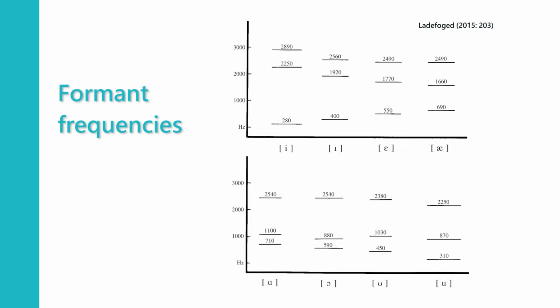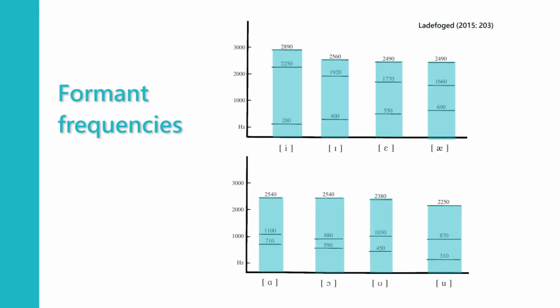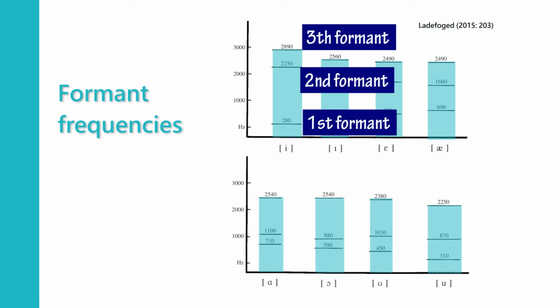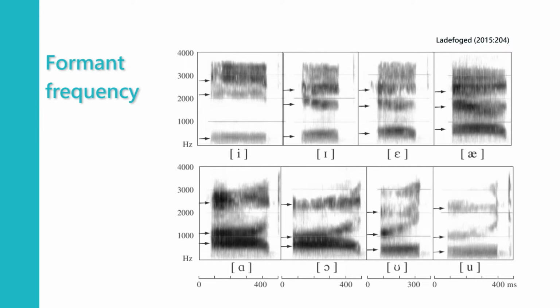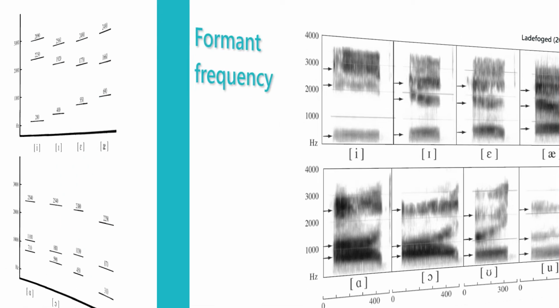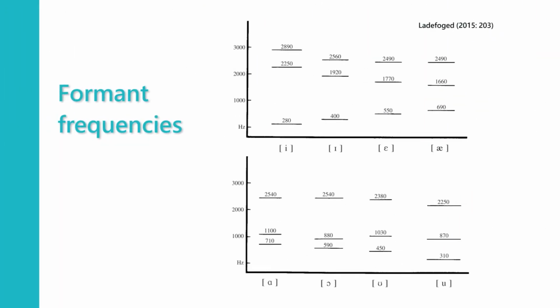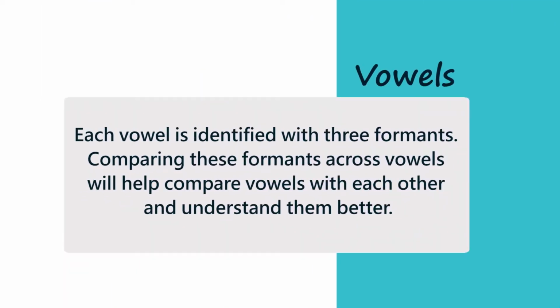Here you will see the same vowels with the numbers indicated. Starting from the top to bottom, you have F1 to F3, formant 1 to formant 3. For each vowel, you have the exact frequency. So if you want to imagine a vowel as a picture, you can look at this spectrogram and think of these bars. And if you're more of a number person, you can always remember these numbers with these bars. Each vowel has its own combination of formant frequencies, and that's how these formant frequencies are significant for the